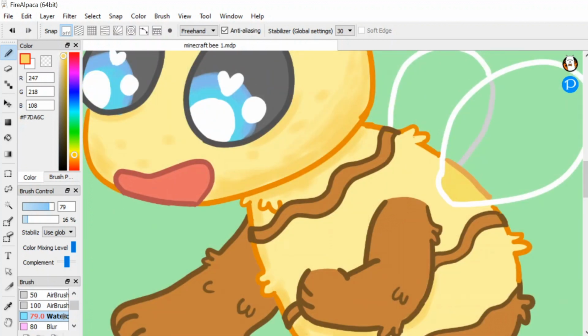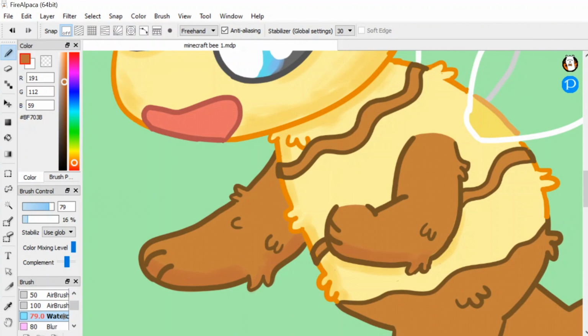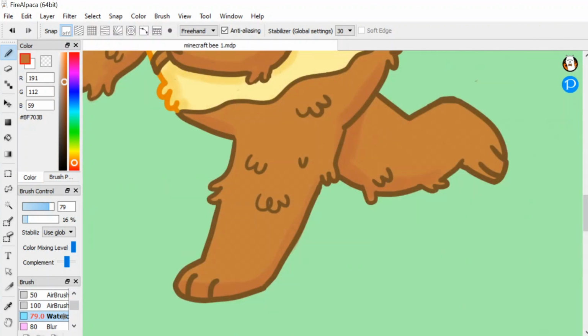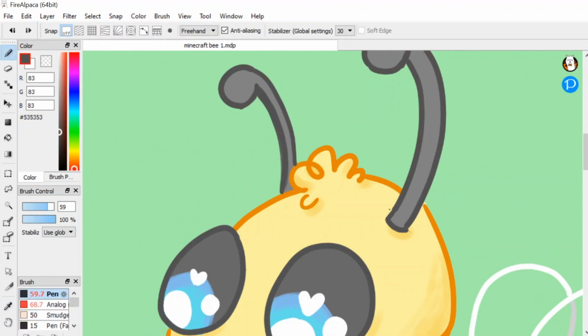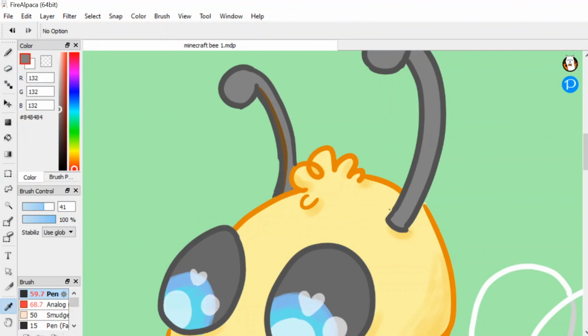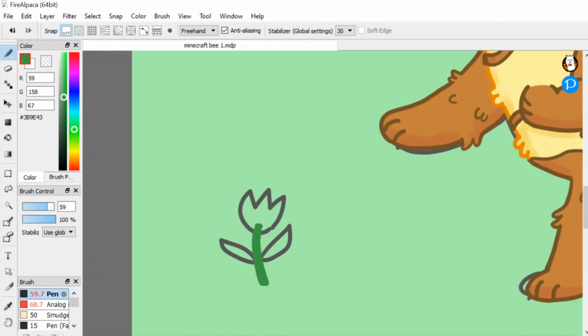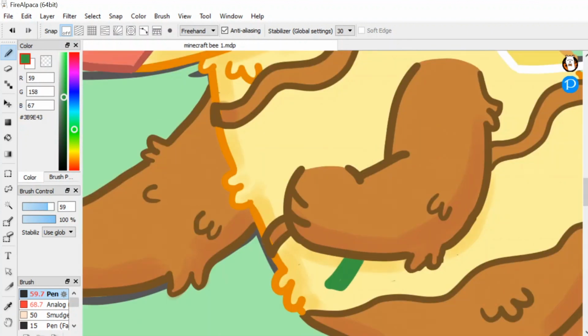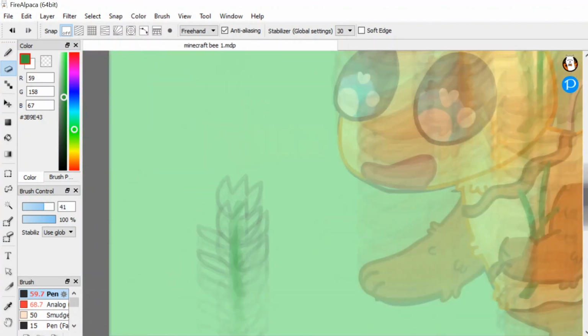I blended 2 types of blues to make the eyes appear more natural, and then I went in for some shading. I feel like where I messed up with the creeper illustration is by making all the line art black, and making all the line art a darker color of the color in the bee sketch I think was a vast improvement, and I plan on using that technique with my future illustrations. So right now the bee itself is basically finished other than the wings, so I was trying to decide which